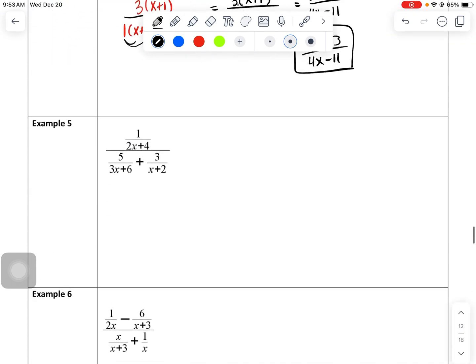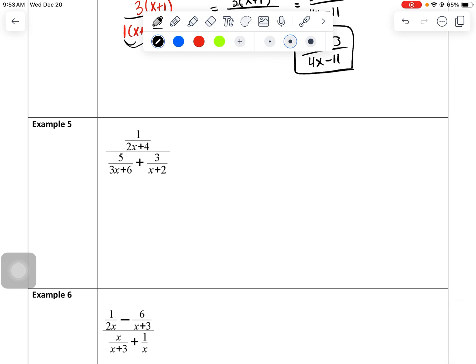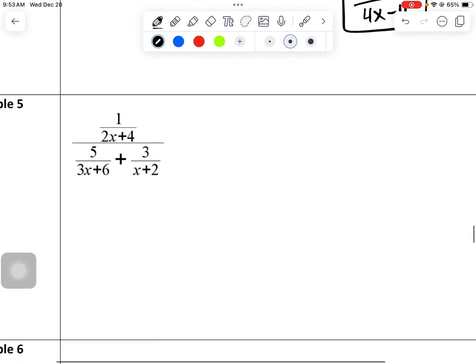All right, we're going to do one more, maybe 2 more, depending on how much time I have here before the bell rings for flex. Okay, so for this